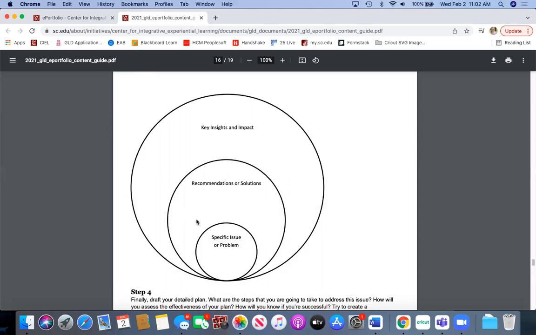How do you want to address that issue? What would you say would be the most efficient or the most effective recommendation to address that issue that you came up with? So take a moment and brainstorm a solution to your problem and write it in the middle bubble. All right, and now the next piece is